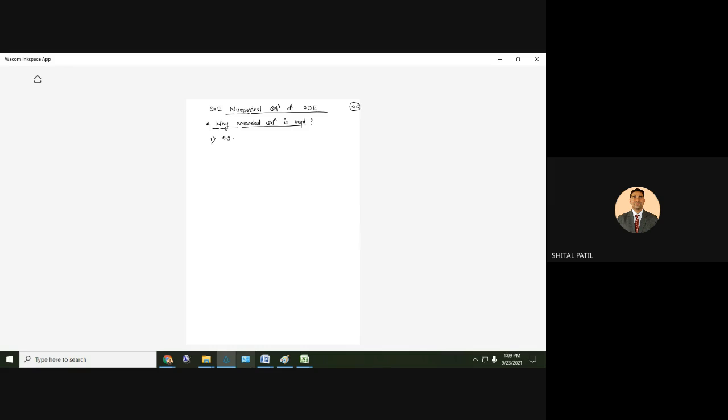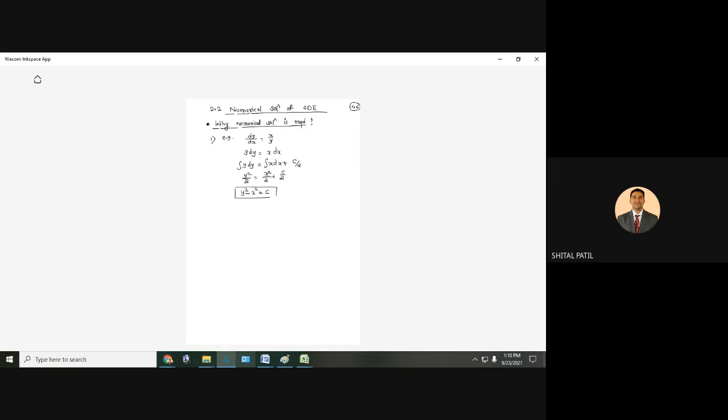For example, say I have dy by dx equal to x by y. How to solve this? y dy equal to x dx. Now variables are separated, therefore we have to integrate on both sides. And whenever we are integrating, we have to add a constant. So y square divided by 2 equal to x square divided by 2, and let me add the constant conveniently. And therefore we have y square minus x square equal to c. This is the general solution.